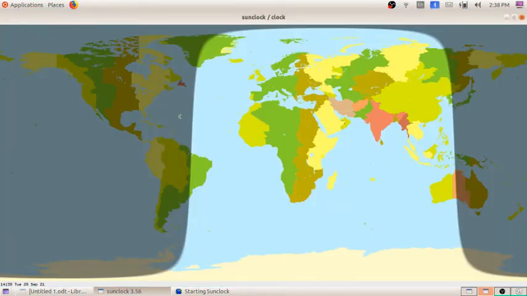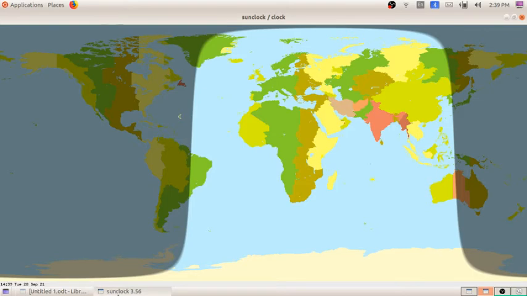You can see in India it is day. So this is the dark portion. Here you can see the symbol of sun, and this is the day, the light. You can see the symbol of moon here in the dark portion, and the symbol of sun here in the light portion. That means where the light is, in India it is day. So here you can see the time also. The time of this video shoot is going on at 2:39. So at this 2:39 in India we have daytime.